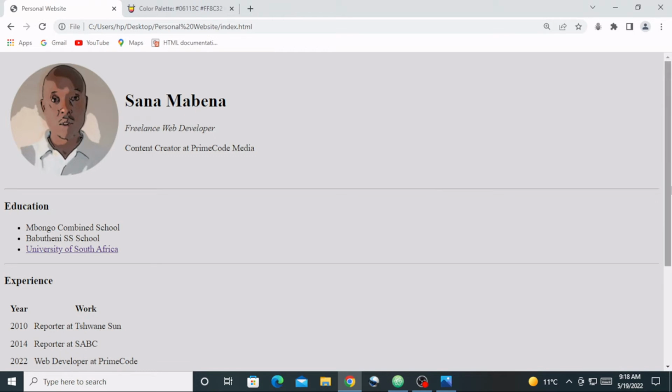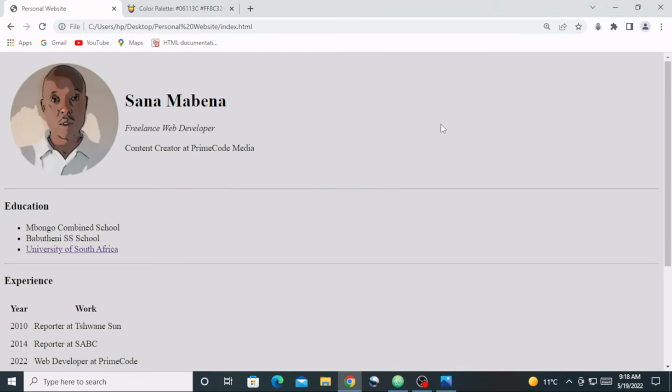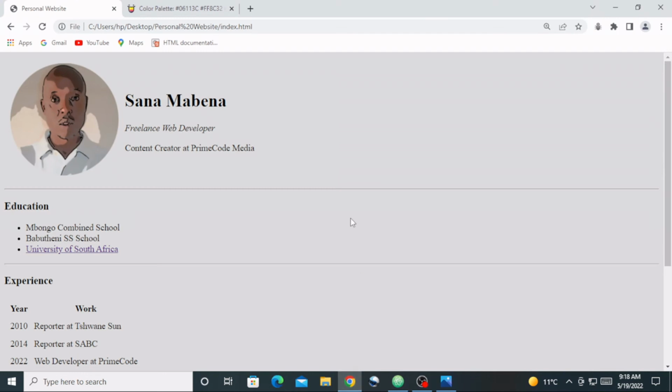Look what happens. Now the background color has changed. Okay, now we were able to change the background color by using inline CSS. And we use the inline CSS by targeting what? The element right here, which is the body. We use the style attribute, and then the style attribute, because it can contain any CSS property, we were able to specify the property and then specify the value, and the end result is this new